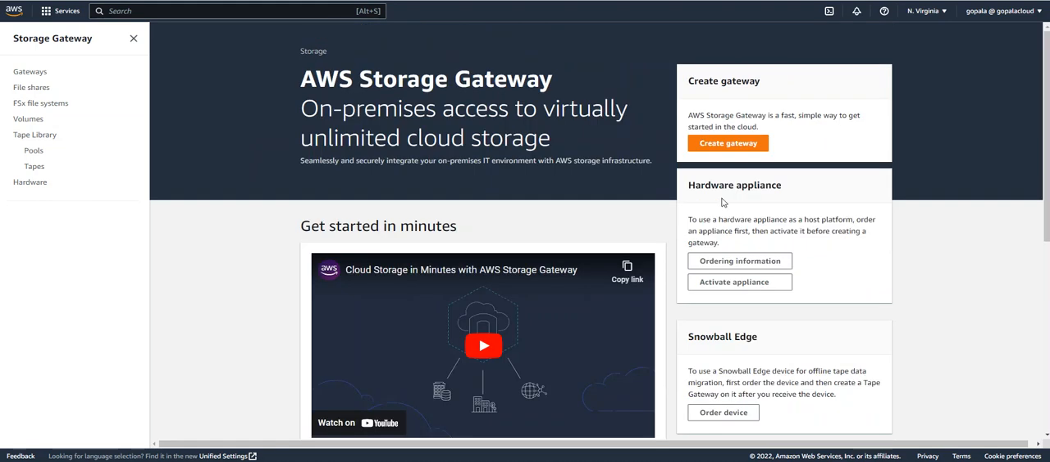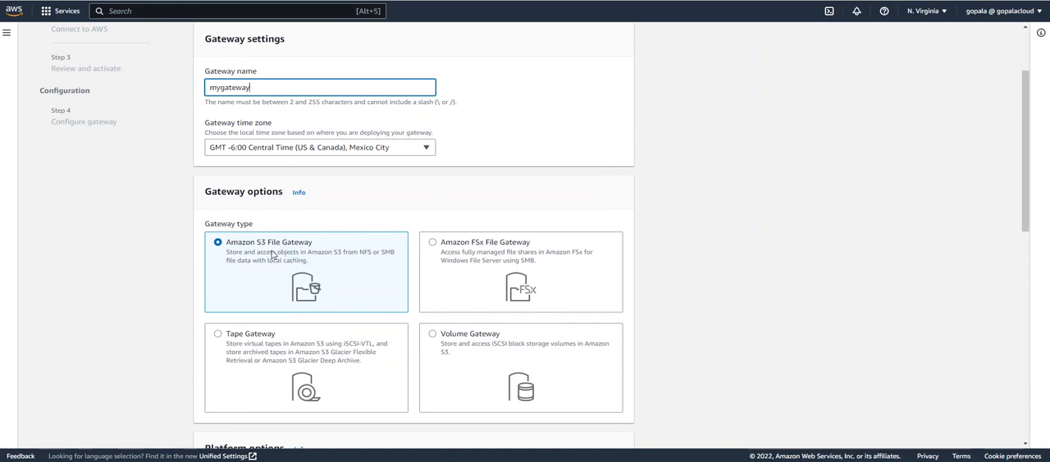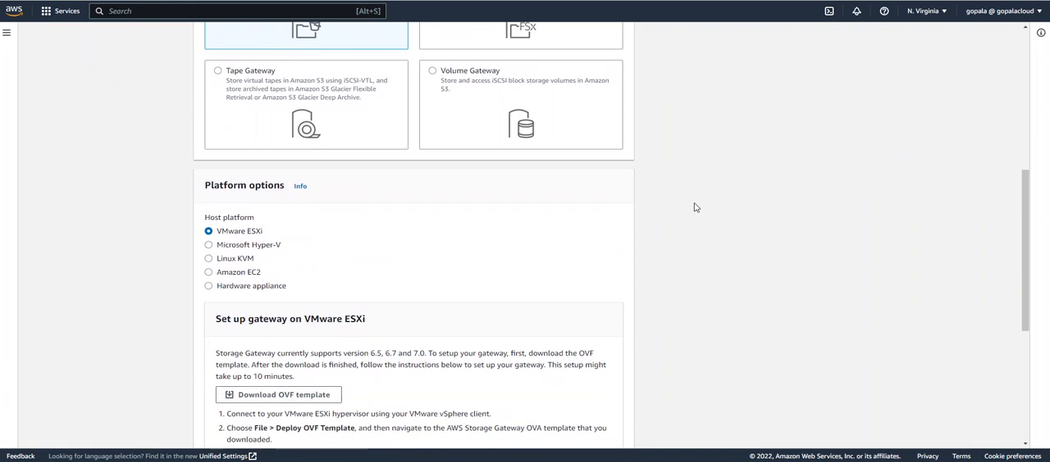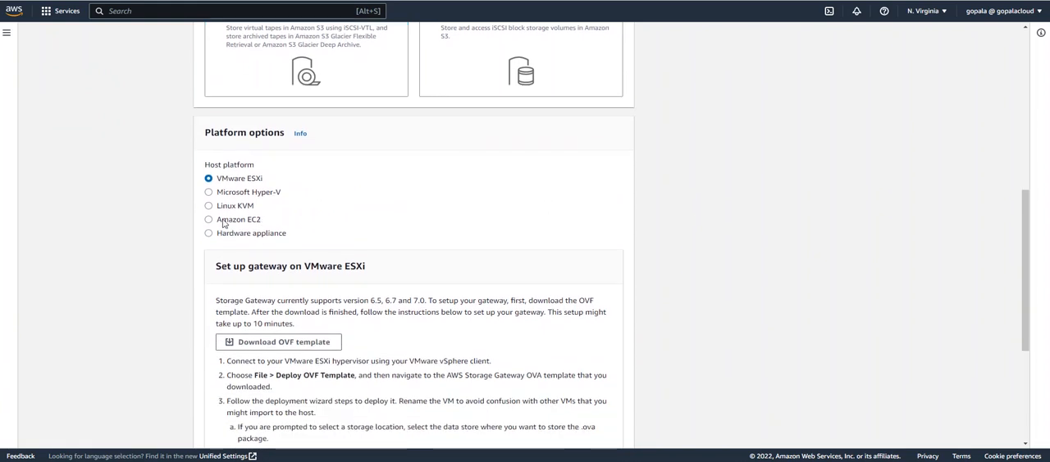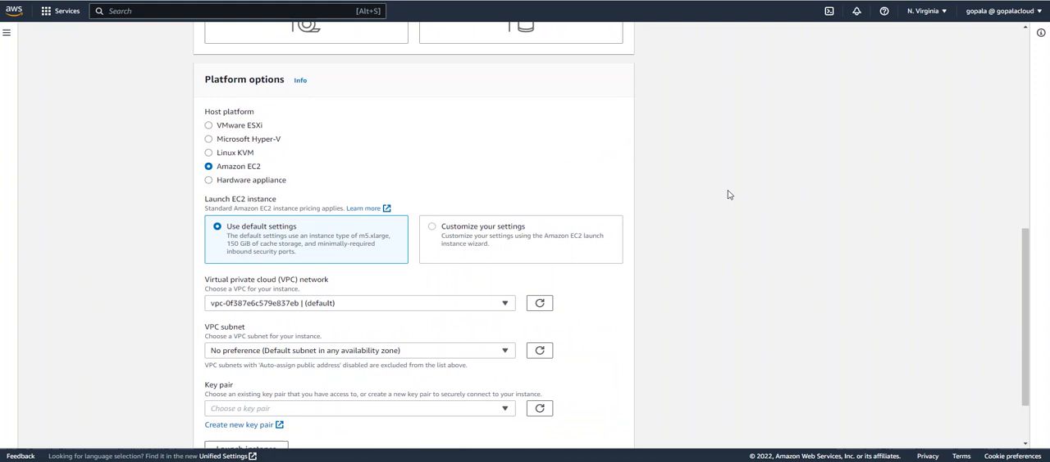First and foremost, you have to create this storage gateway. Let us see how to create it. Click on create gateway and give the gateway name. Let us give my gateway, and which file system you want to use. For our practical purpose, I will take the S3 file system, but you have FSx, tape gateway, volume gateway, so many options. And as I don't have any on-premise system, I am assuming one Amazon EC2 system for my purpose. Let's create Amazon EC2